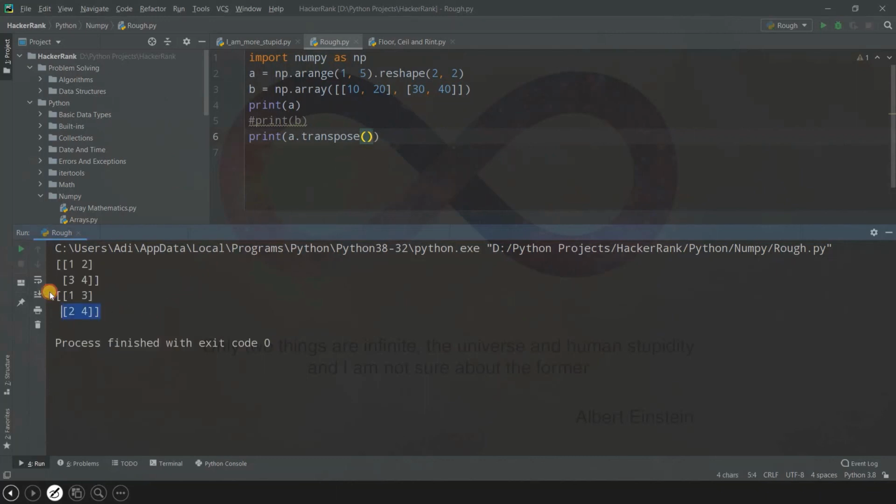You're going to get the transpose array as it is. So we use transpose as a method in this case. We can use transpose as an attribute as well by using T, and run this code. You're going to get the transpose array. This is all fine. We are going to actually talk about transpose of matrices. This was transpose of matrices, I know, but we are going to talk about it in a different way. In matrices, it is a bit different and kind of a new thing for you all to understand. So I'll talk about it in the next tutorial.